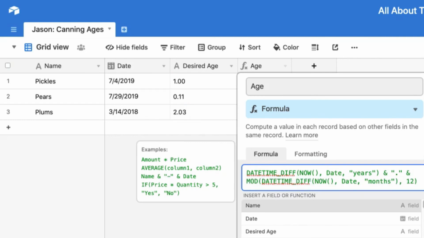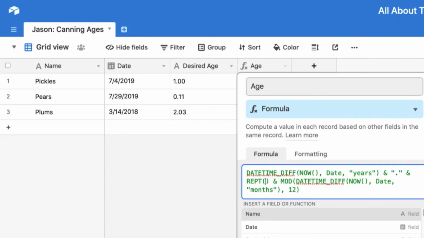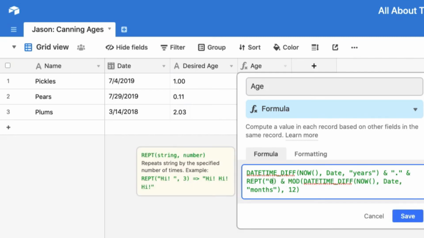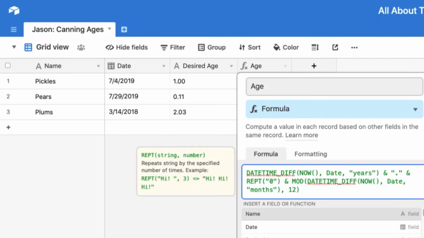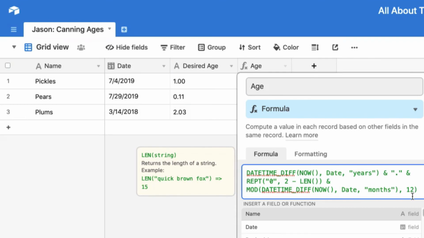So what I'm going to do is add one more piece in here before that, and in here I want to do a REPT. The REPT function here repeats a certain character or series of characters you specify a certain number of times. What I'm going to repeat is a 0, and repeat that thing however many characters we need to fill in, so we have 2 digits total. So I want that to be 2 minus the length, use the LEN function in here, the length of that number that came back from this.